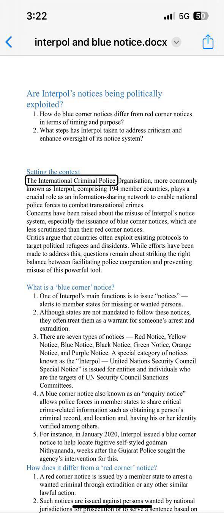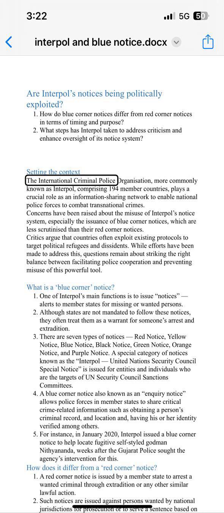What I'm trying to say is that the country where an offense has taken place, like abduction or kidnapping, and the children were taken to another country, and the country in which the offense has taken place wants to trace out the children, minors and others, would have to write a notice, that is a yellow color notice, to the Interpol, seeking the information on the missing persons or the children who are unable to be identified by the country themselves, or unable to identify themselves.